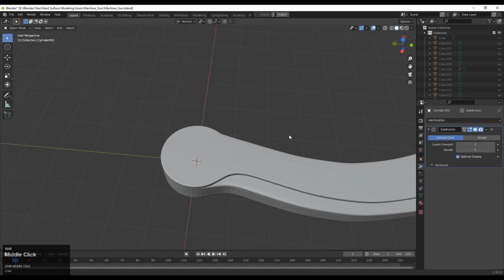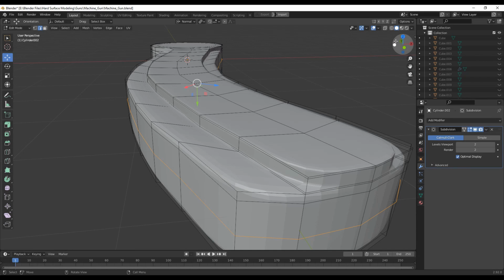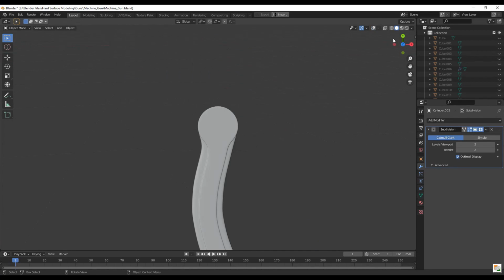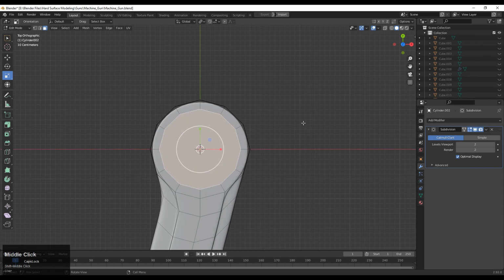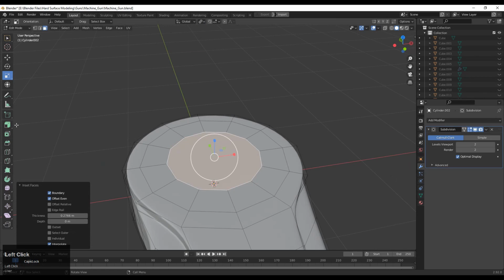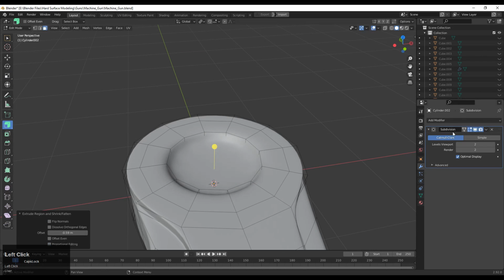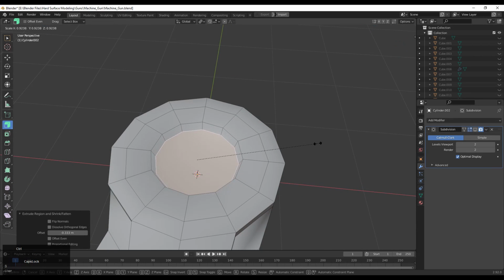And now you can see the mesh looks decent. Just we need to create a proper topology over here at the bottom part, and that's why you can delete those faces and you can create one more new kind of topology there. But before that, just add a little bit of details here and use simple insert and extrude operations to create details.